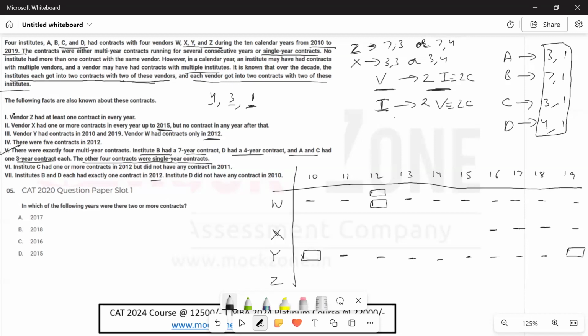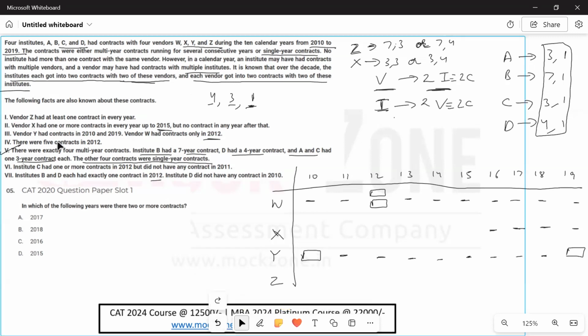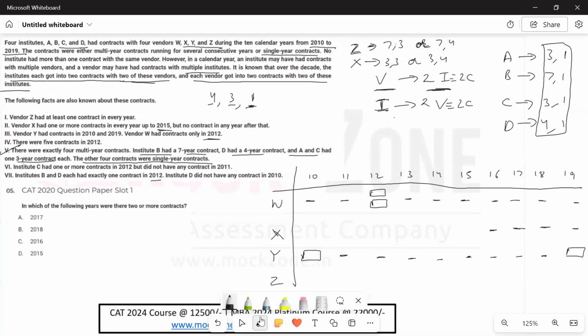Now we have seen the first two statements, where we are talking about the contracts of vendor Z and vendor X. Okay. Now coming to the fourth statement, it says there are 5 contracts in 2012. We know that 2 of the contracts are by vendor W. There is no contract by vendor Y. So the remaining 3 contracts have to come from vendors X and Z,